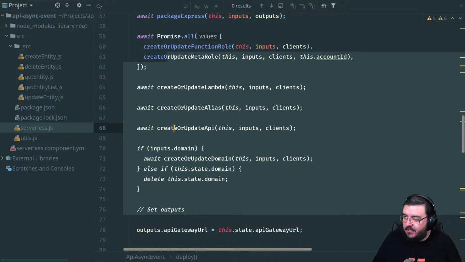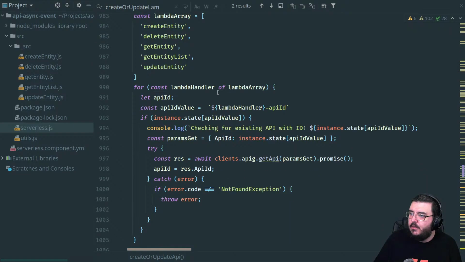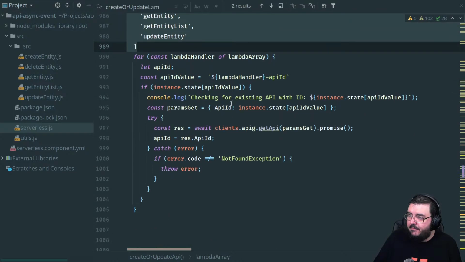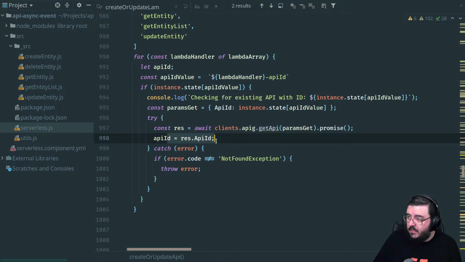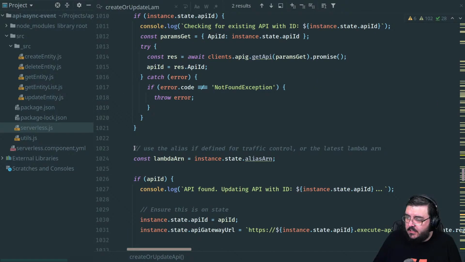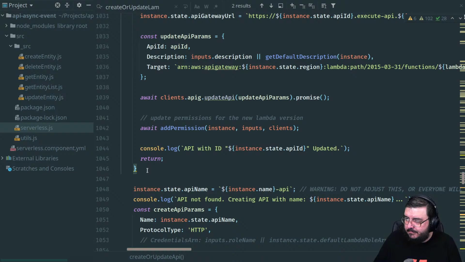Right, so create update API. We are still looking here. We are looping through our 5 Lambda functions that we may have. So far, this looks like it's working as intended. So now that we've gotten up to there, let's grab the next piece, which is this here. I think we're going to grab this all the way down.